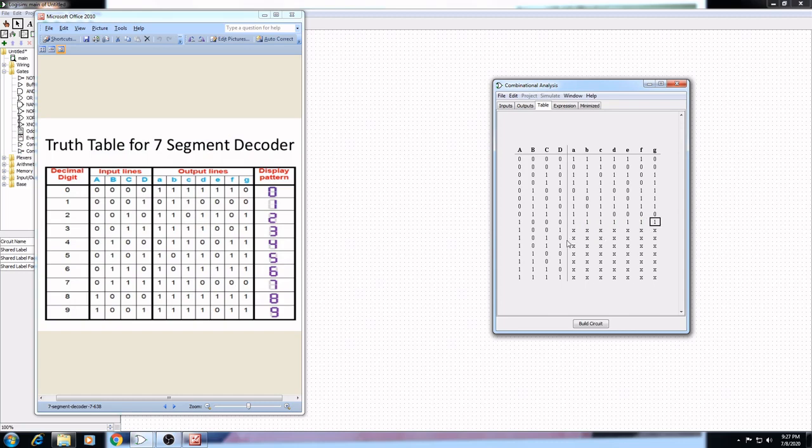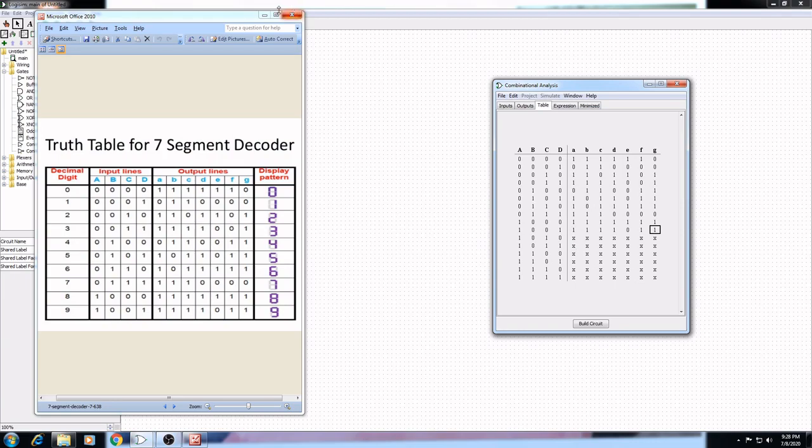And for 9 we just have to give E as 0, all others are 1. For the remaining inputs we don't change any values, so let them be XX, that is, don't care.